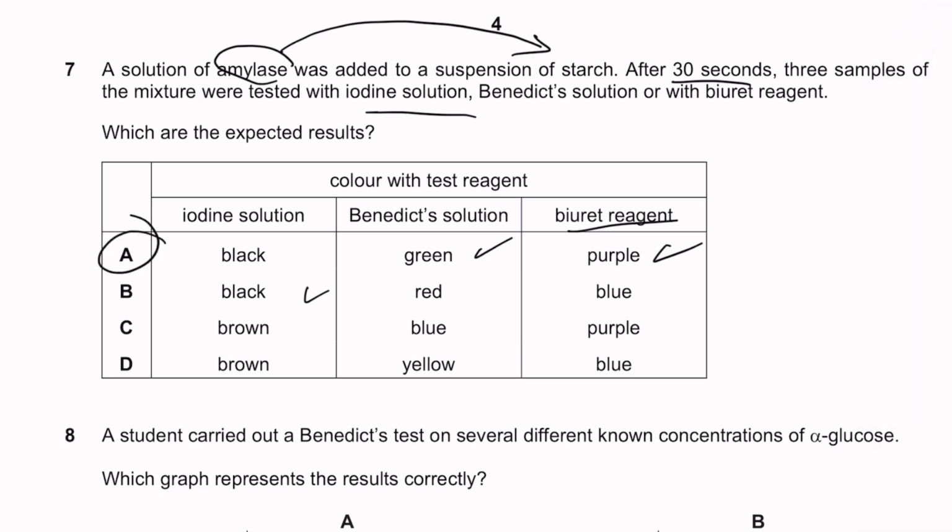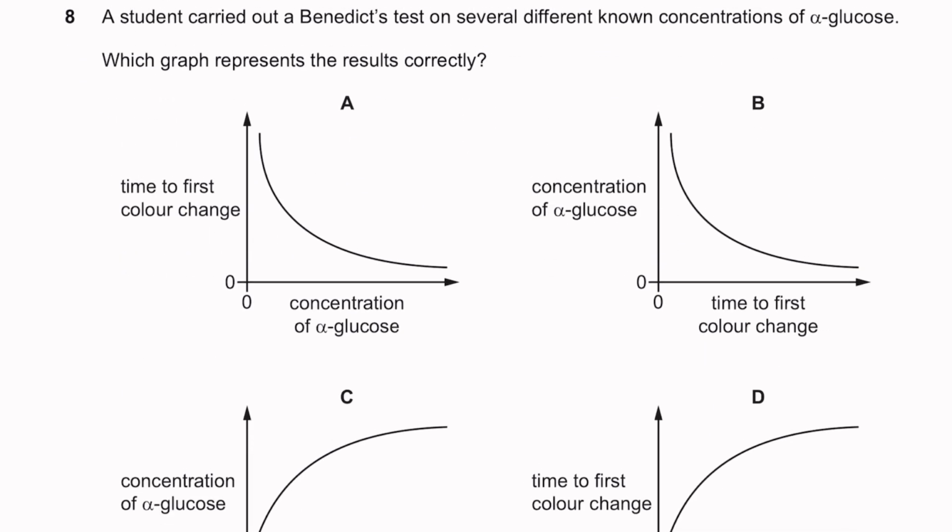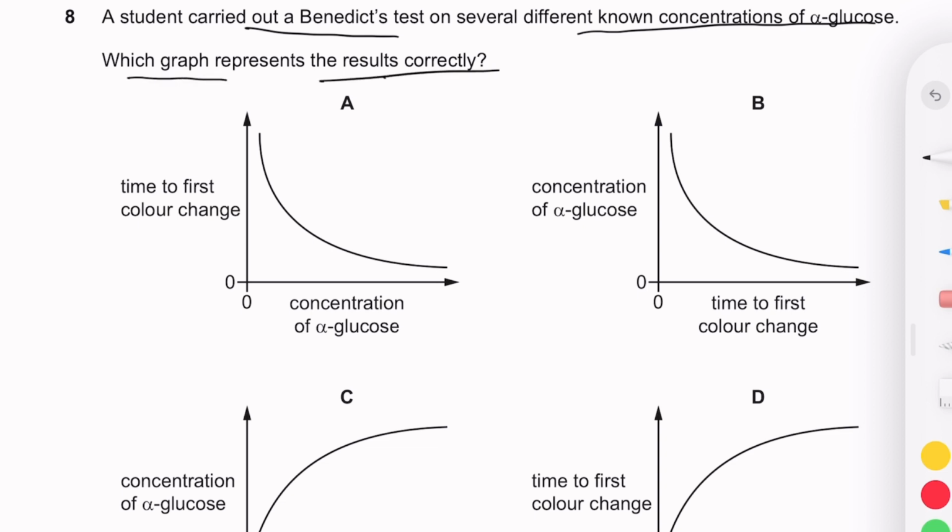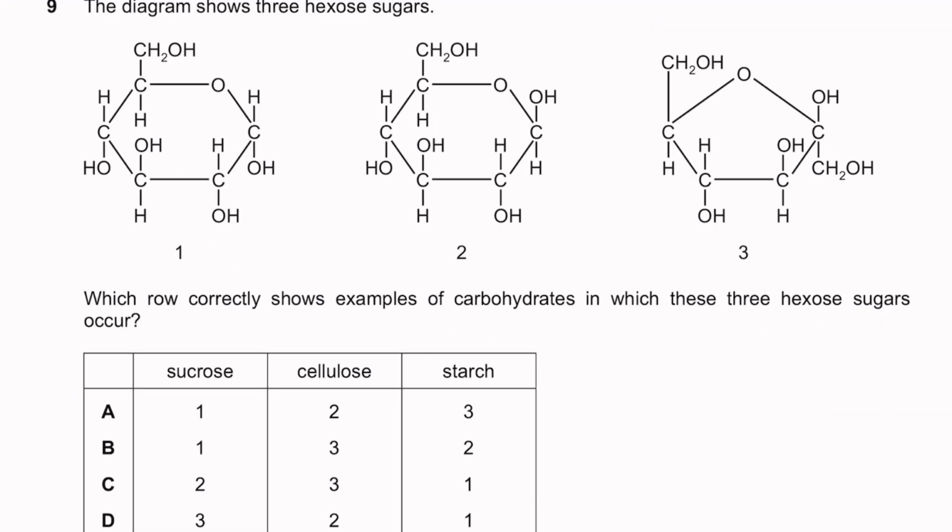Now moving on, a student carried out a Benedict's test on several different known concentrations of alpha glucose. Which graph shows the results correctly? So the time for the first color change is going to decrease as the concentration of alpha glucose increases, because as the concentration of alpha glucose increases, there will be a faster rate of reaction between the reagent and the alpha glucose, and so of course the time for color change is going to decrease. And we know color change is going to be from blue to green to yellow to orange to red. But if we look at the first signs of color change at the top of the test tube,